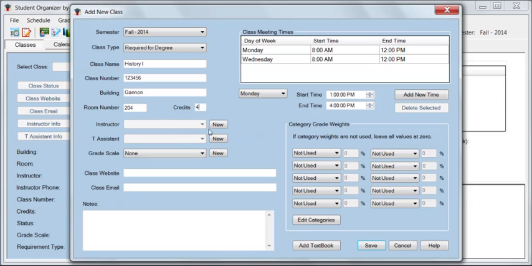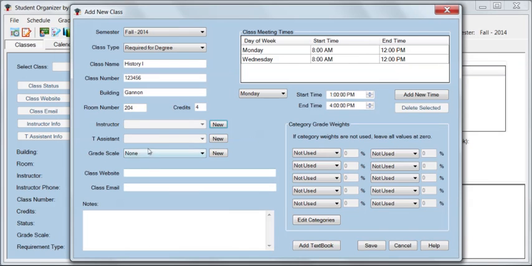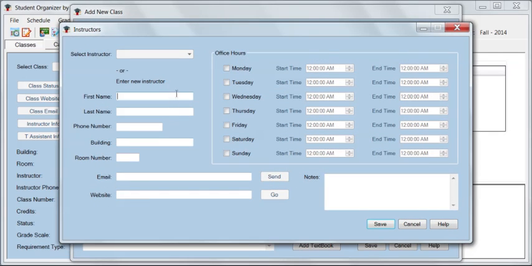The instructor, I'm going to put in, if we had any instructors saved already, they'd appear here in this drop-down list, but we haven't saved any yet, so we'll put in a new one. And we'll call him Bob Smith. And with that,